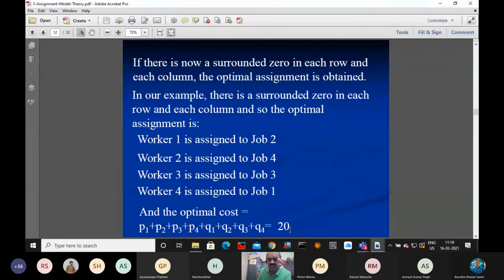So what we have discussed is one type of assignment problem. So this algorithm is not complete. Depending on the problem, we have to modify it again. Why is modification required? Because sometimes we may not find such a situation where you can assign. So we have to modify further to achieve our solution.